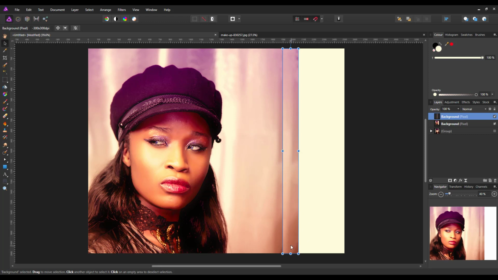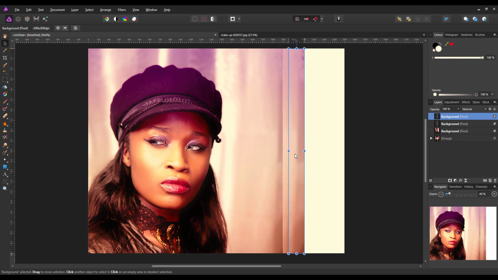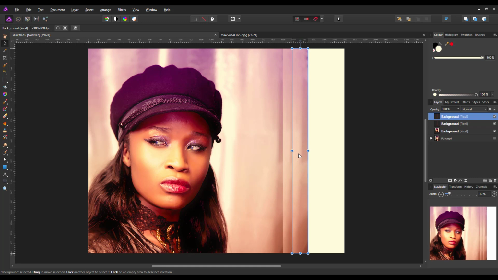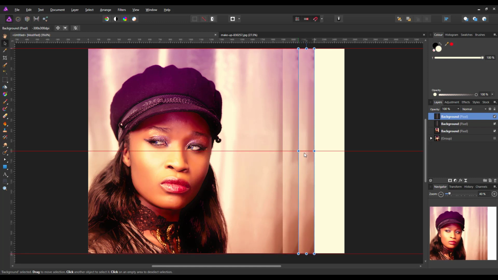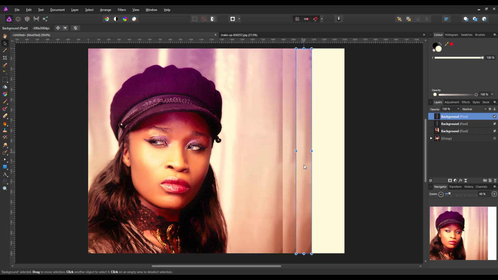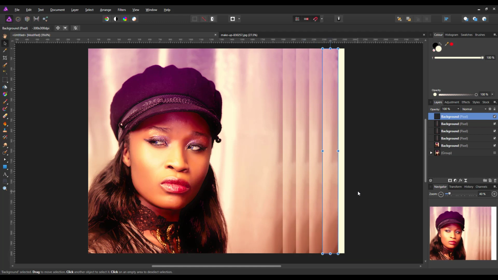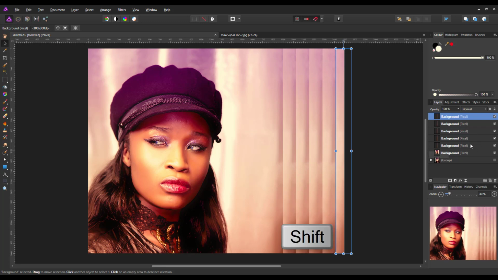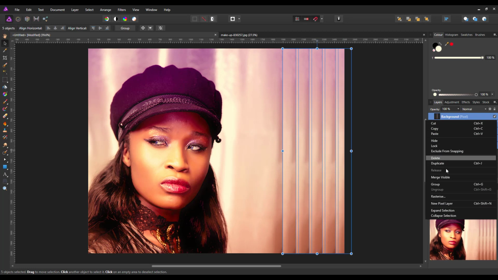So I had that, and then I'm going to hold down the Alt key and click and drag out, and this will make another copy of that sliver. And once you have it moving, you can let go of the Alt key, and again just overlap that. And now if I press Control and J, it should copy the next lot of slivers. So I've got about 5 or 6 there. So what I'm going to do now is, the top one is highlighted. I'll hold down the Shift key and click on the bottom of those slivers of the background, right click and